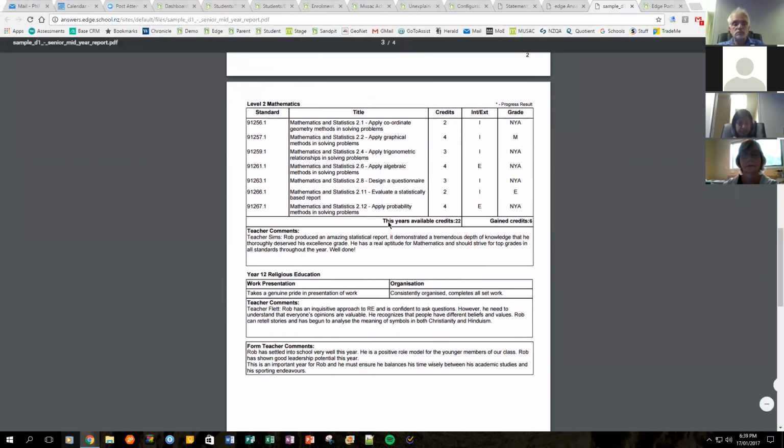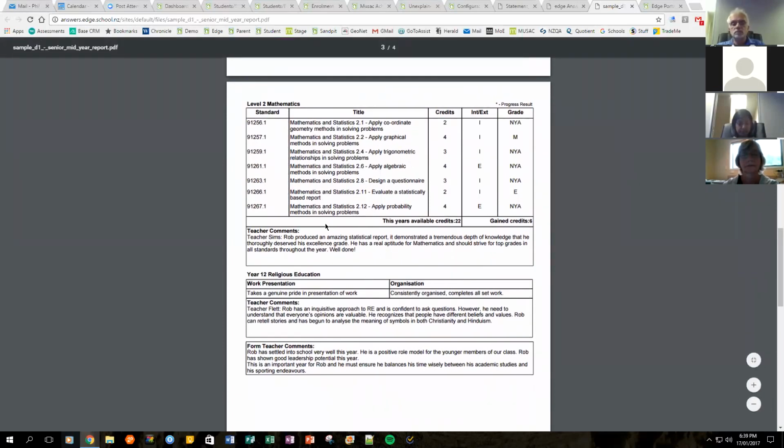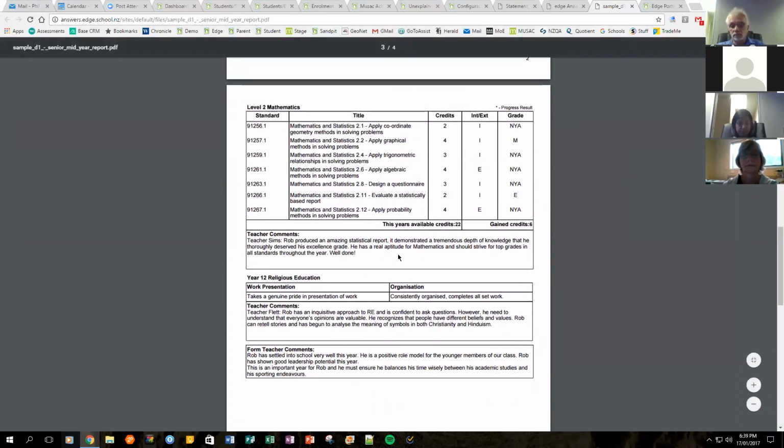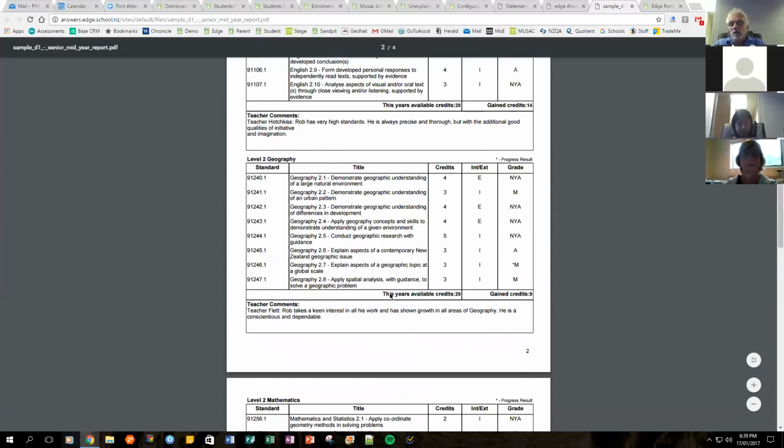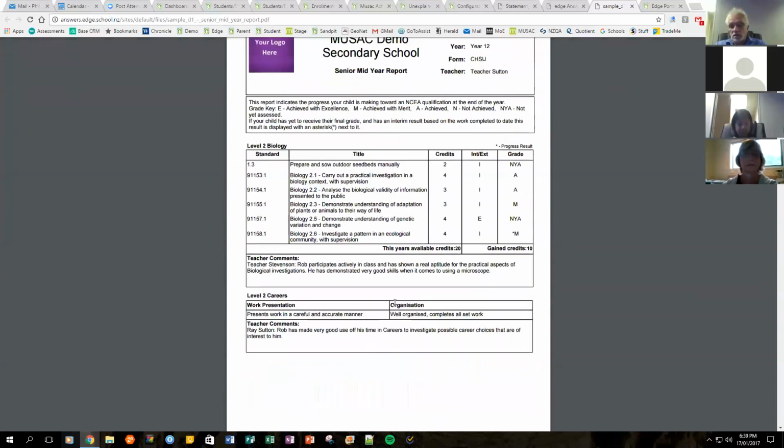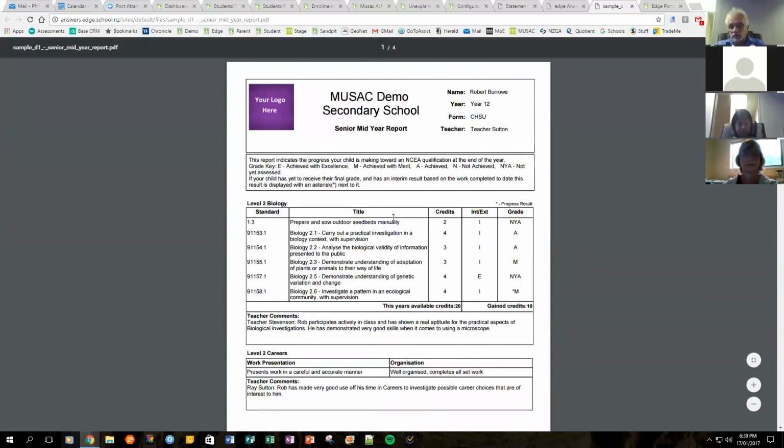So in terms of custom reports, schools are free to design how it looks. This is a booklet. It could be just one A4 page. It could be a B4 page if you wanted a small one. So it's very open as to what you can do there and how you would like to present it. This is just one of hundreds and hundreds of examples that can be done in the package. That's all. Okay, so this is for